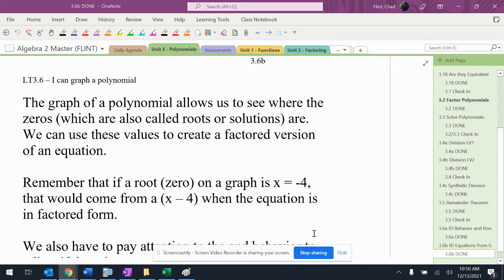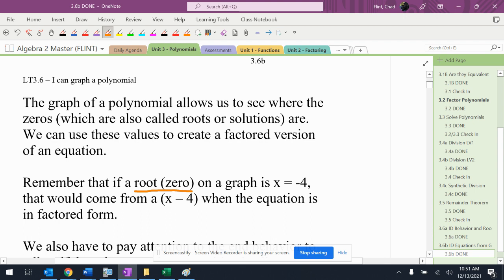So we're gonna reverse what we did last time, and this time we're gonna talk about if the graph is already there, how do we figure out what the equation might look like? How do we kind of pull the graph and piece together an equation? The only real difference here is we have to remember two things. Number one is we have to remember that if we have